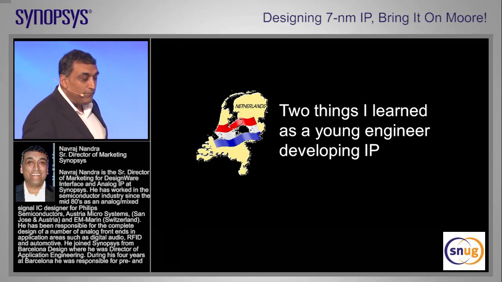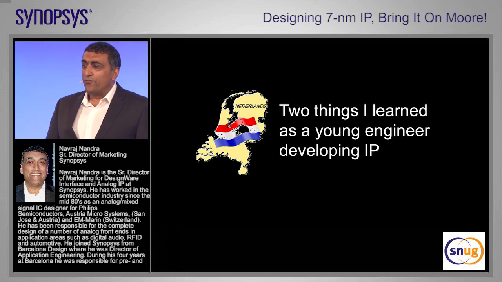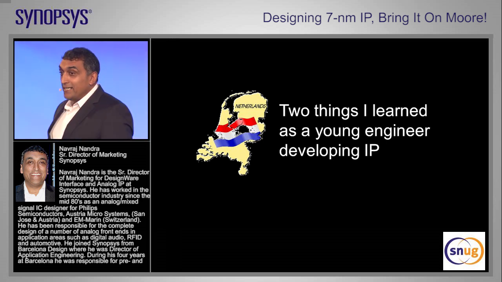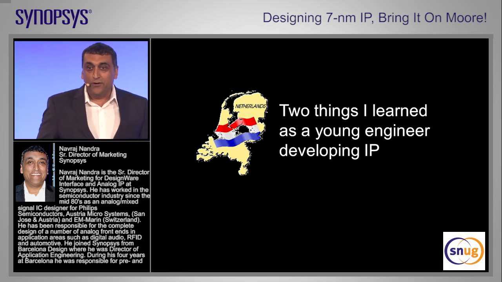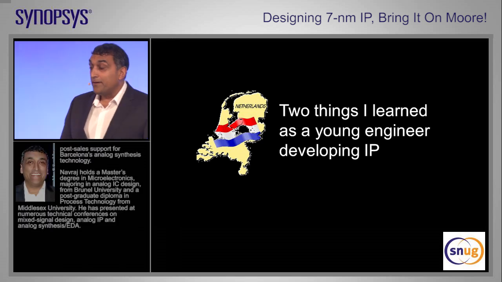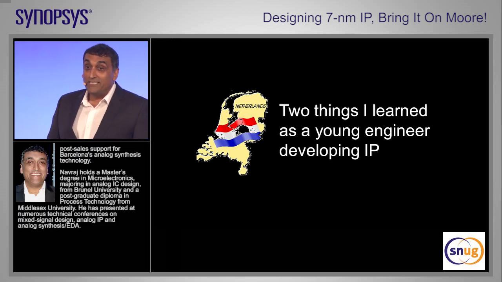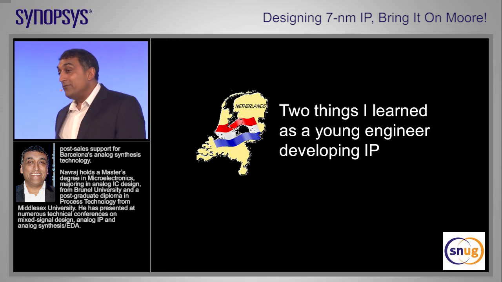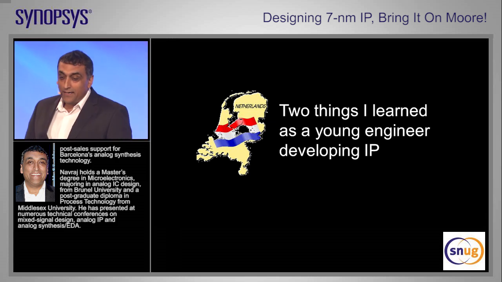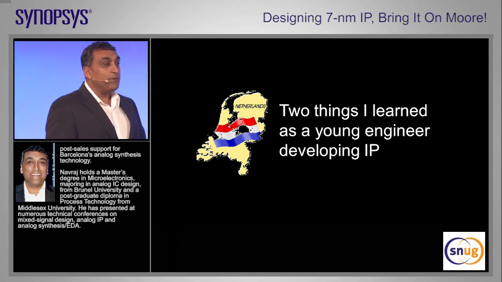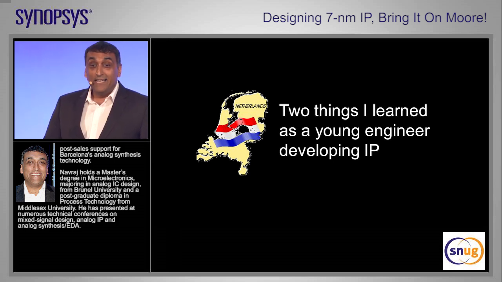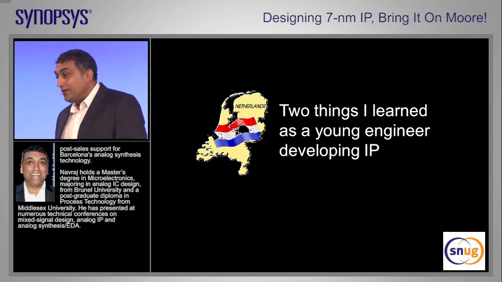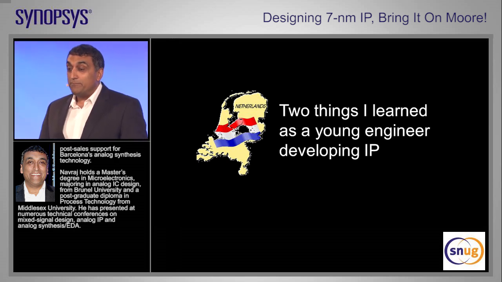So I'm going to go back a little bit in my career. I used to work in a company called Philips, in Eindhoven, in fact. That was the very formative part of my career. I was an analog circuit designer in a group that was doing analog front ends for digital audio. My customers were the digital engineers that were building the SoCs, and I was developing the analog front ends. I worked both at the product division and also at a place called NatLab, which is their research center. And that's where I really got to learn how to do analog circuit design in a digital CMOS process.